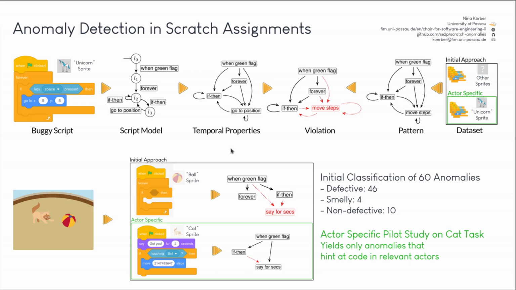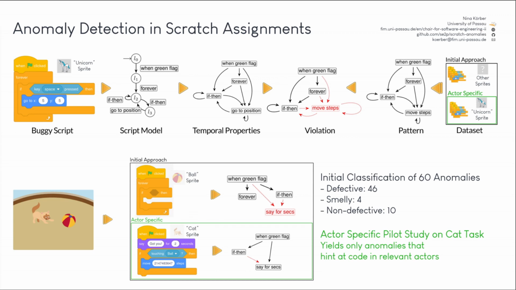I want to point out that one very beneficial change that comes with the actor-specific anomalies is that the actor-specific approach yields only anomalies that hint at code in relevant actors. All of the resulting anomalies hinted at code in the cat, therefore focusing anomaly detection at the relevant parts of